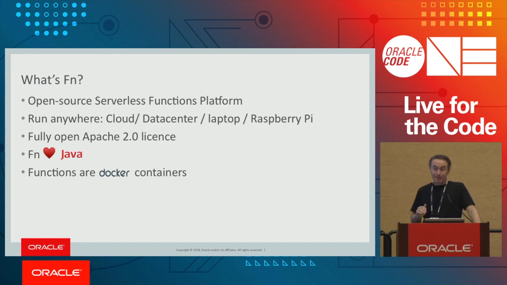One of the key decisions we made was to make functions Docker containers. So we've built this on a very open model, so you know how the platform works. You understand that functions are packaged as containers. If you know about containers and Docker, you know how they work. You know about registries. We built on that, which means we're optimizing for fast container usage. So that helps you. If you're familiar with Docker, you'll see that some of the things we want the Java VM to be able to do are to address how Docker works, basically.